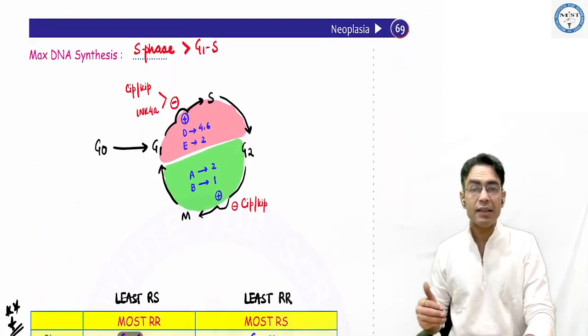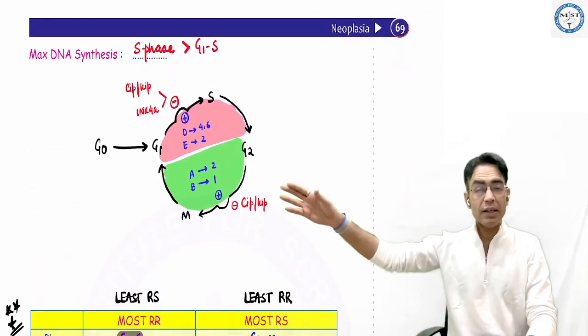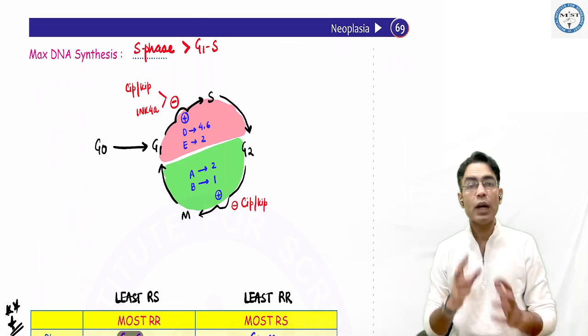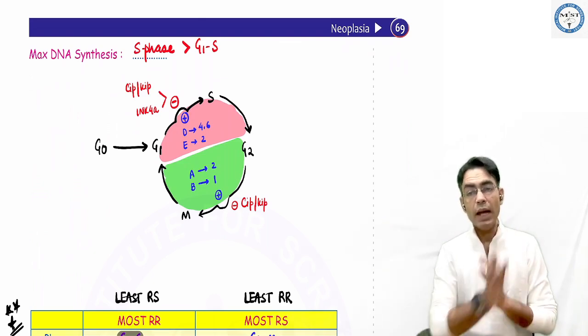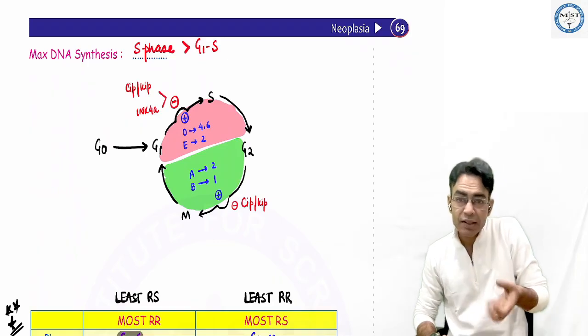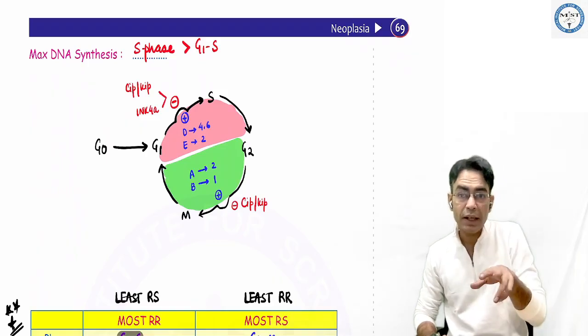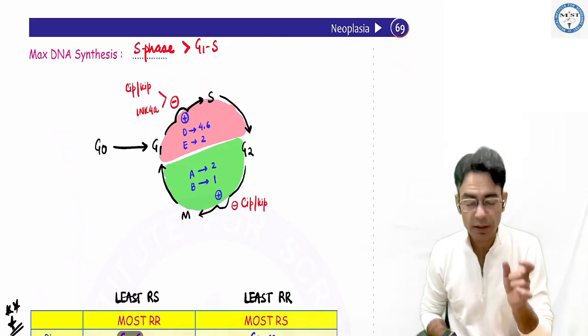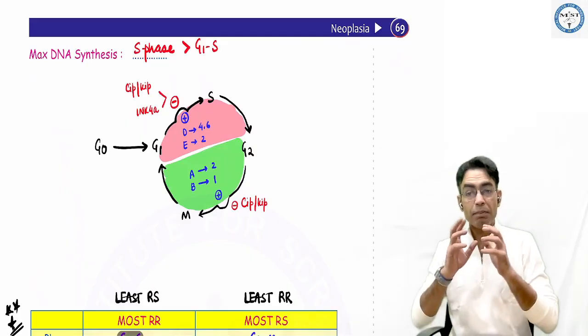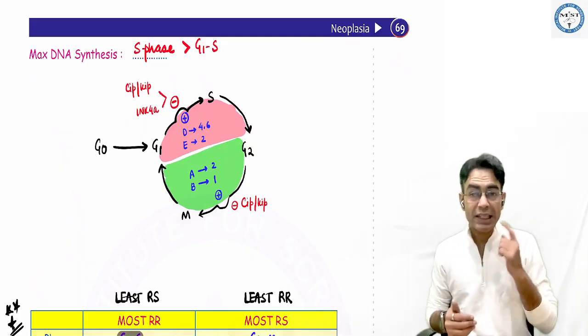Now, the maximum DNA synthesis is seen in S phase. Cell cycle beta, you have made the round, so what do you have? G1S and then G2M. In G1S, the breaks are both CIP-KIP and INK. In G2M, the break is only one, the interphase. This is G2M, CIP-KIP. The proliferators, the pedals in G1S,